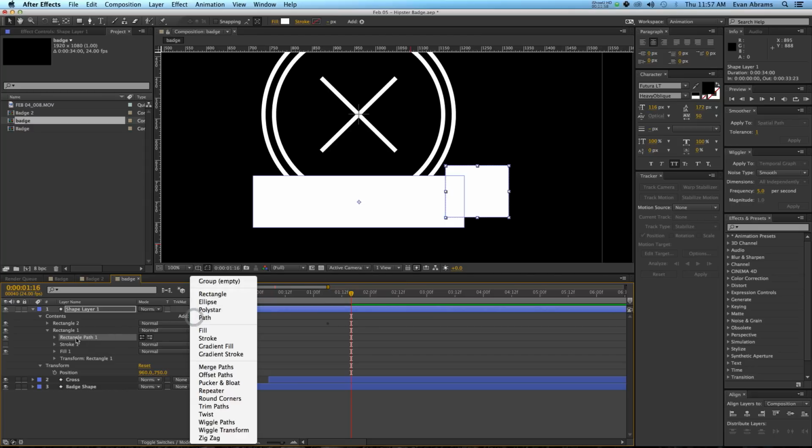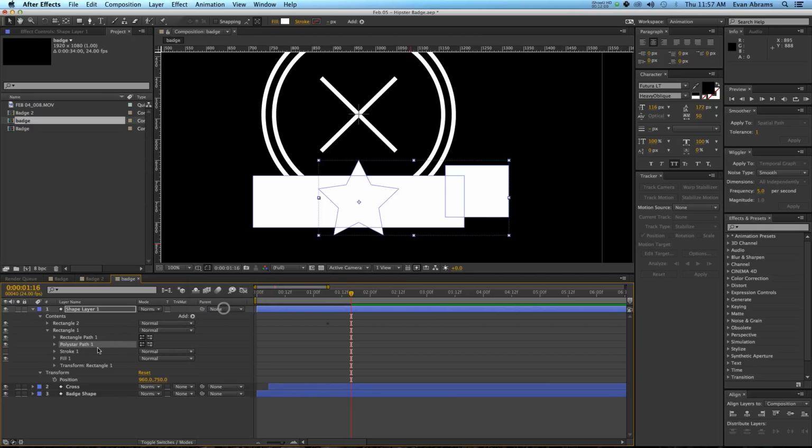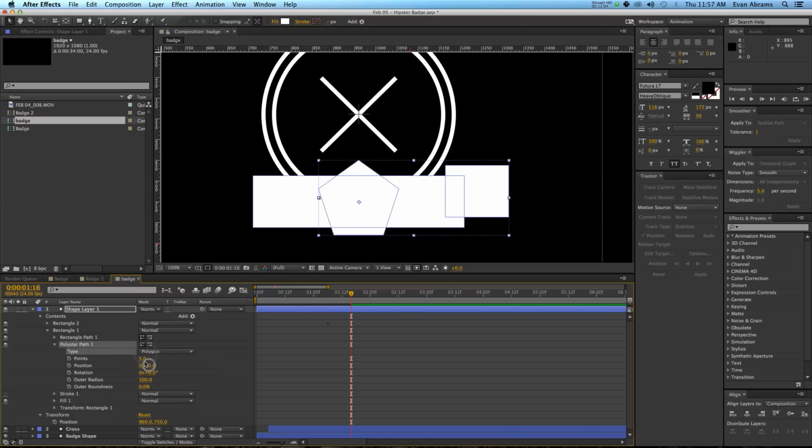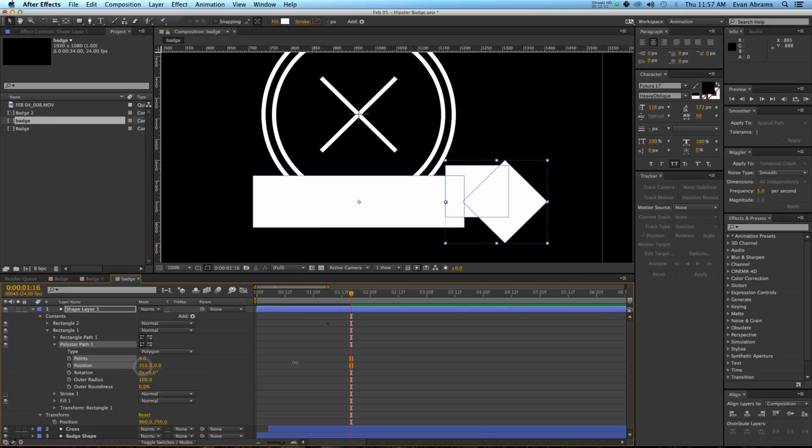Now I'm going to add to this group a polystar. And that polystar is going to be a polygon. And it is a polygon of 4 sides, which makes it a diamond. Now I'm going to move it over around hereabouts, and I'm going to move it up by -25, and then